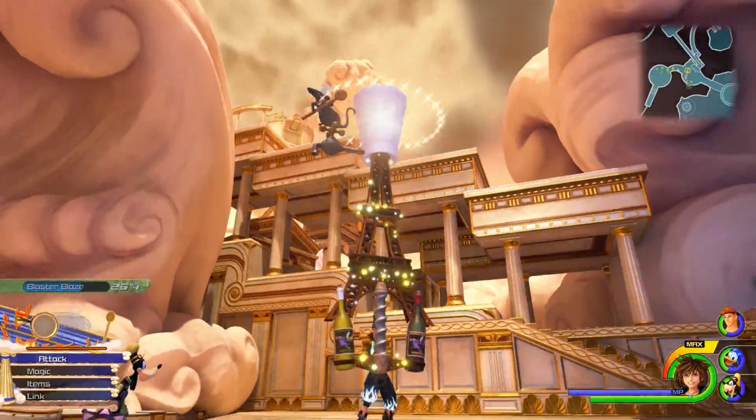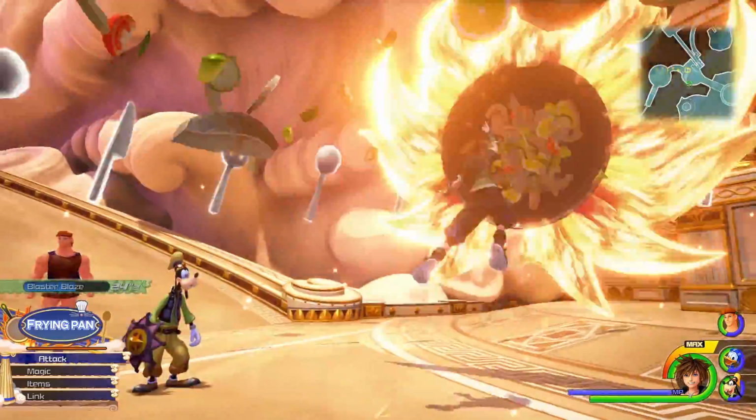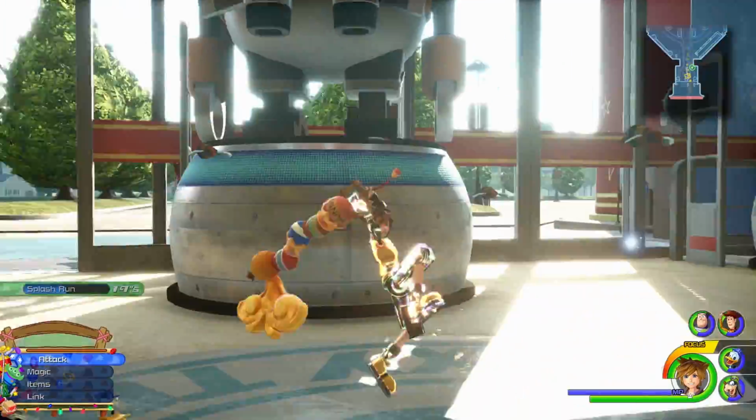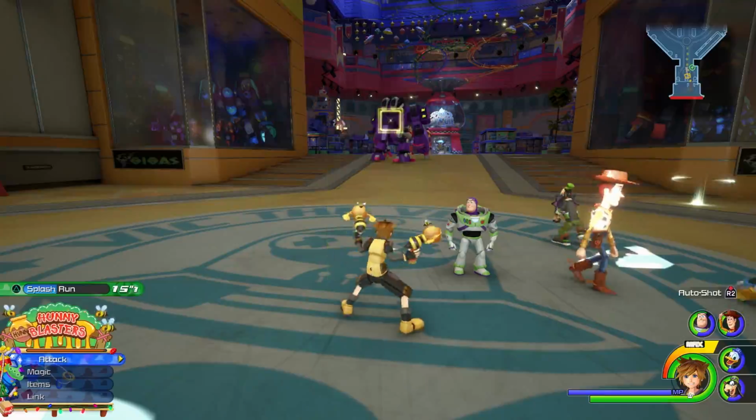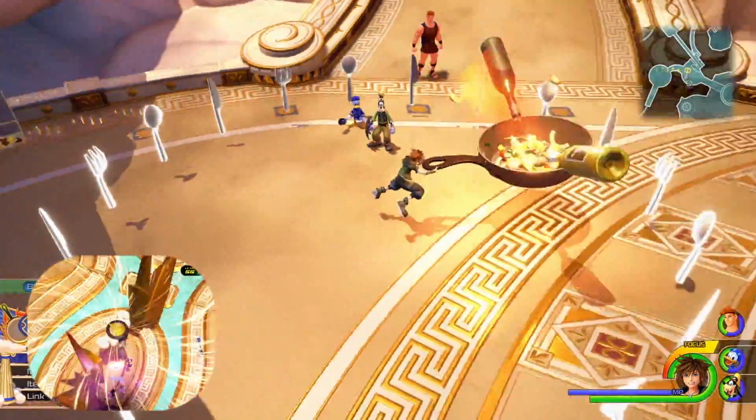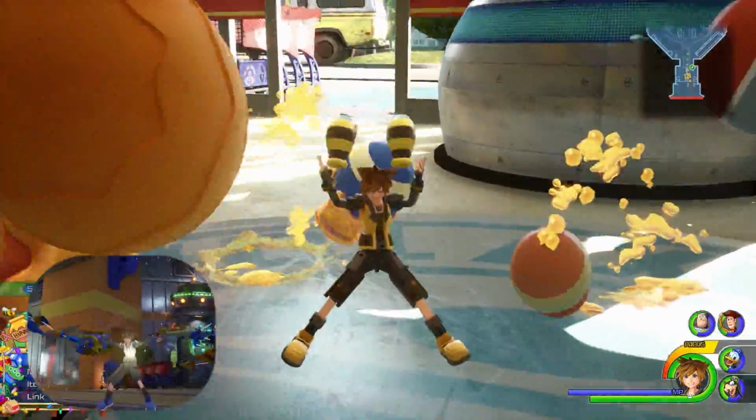Hey you guys, today we're going to be breaking down the Formechos seen in Kingdom Hearts 3. Formecho is a term I came up with that categorizes the form change copies seen in the game. These include the Frying Pan form change, which copies the Counter Shield, the Honey Blasters and Honey Launcher, which copies